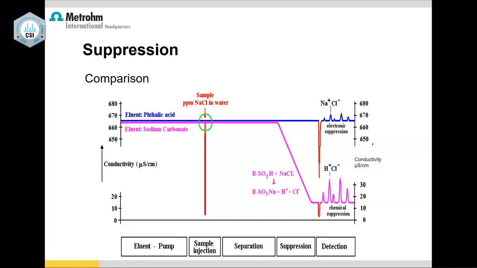So because of the presence of the suppressor, we are able to do ppb level analysis of anions, which is normally a requirement in the semiconductor industry or power plant industry. And in some places they are monitoring it very strictly. Okay, so this is very, very important.